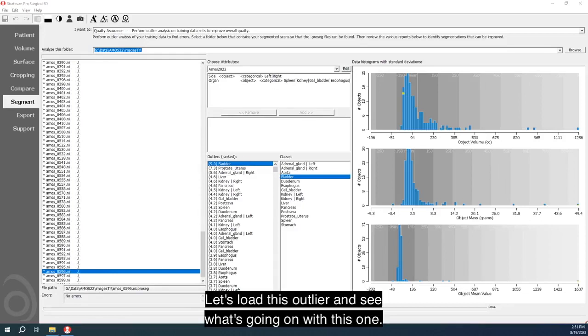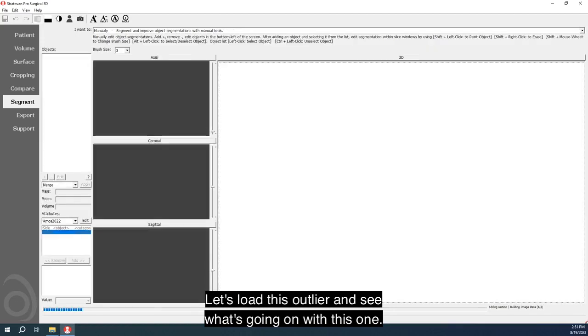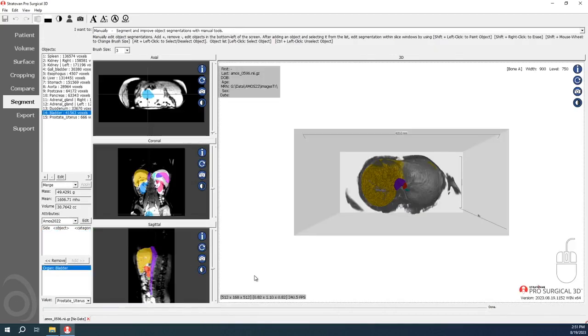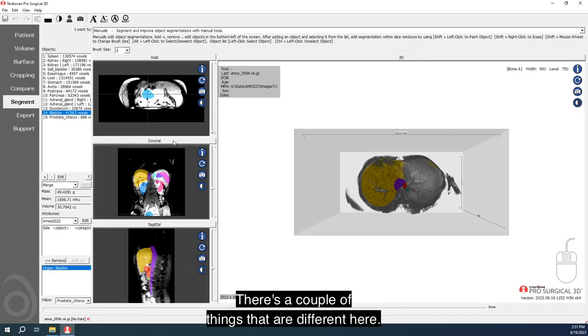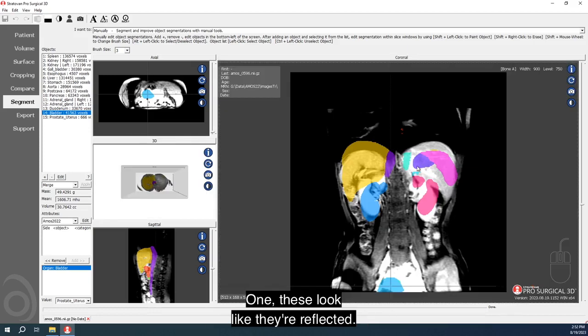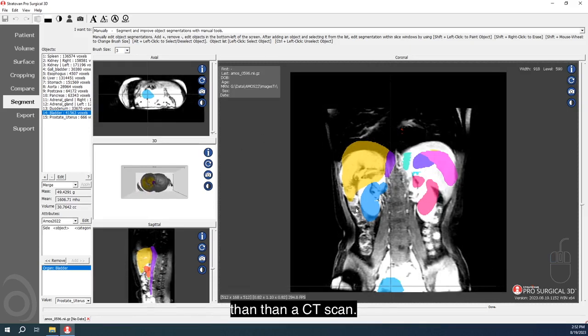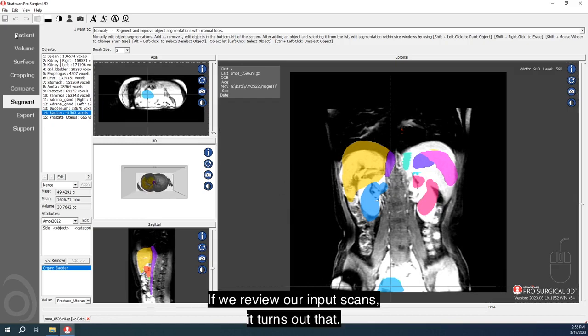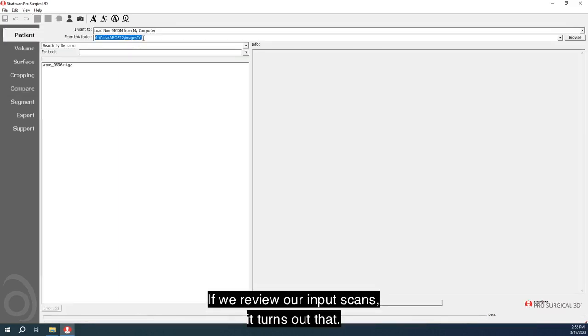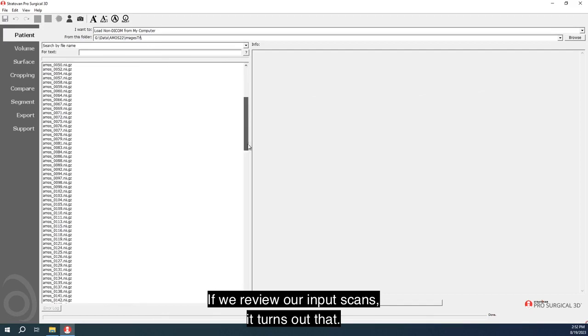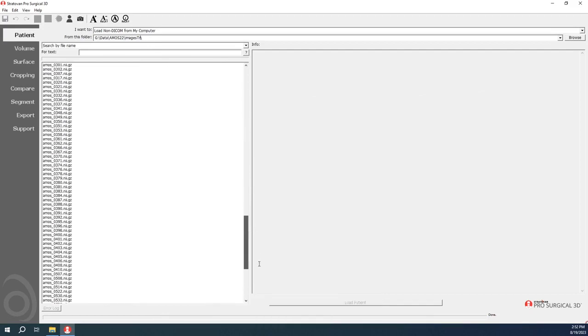Let's load this outlier and see what's going on with this one. There's a couple of things that are different here. One, these look like they're reflected. Also, if you study the scan, it looks more like an MRI scan than a CT scan. If we review our input scans, it turns out that